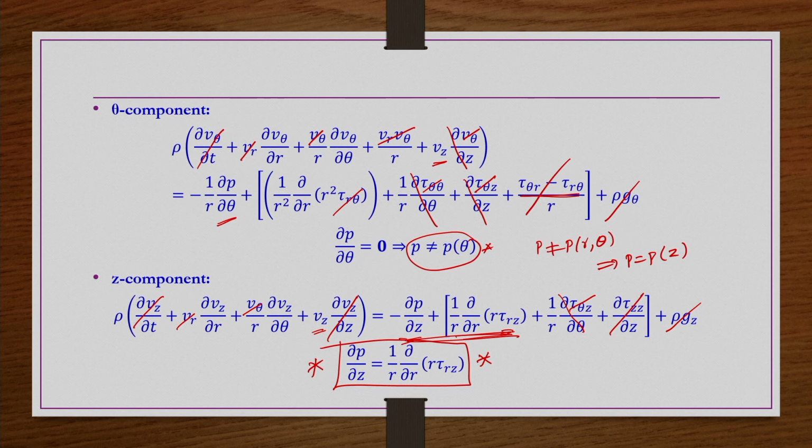Okay, right. So, now if you solve this equation, you can get the expression for tau rz, and after that you further simplify it depending on the nature of the fluid, Newtonian or power law or Bingham plastic or anything, then from here you can get the velocity profile Vz.